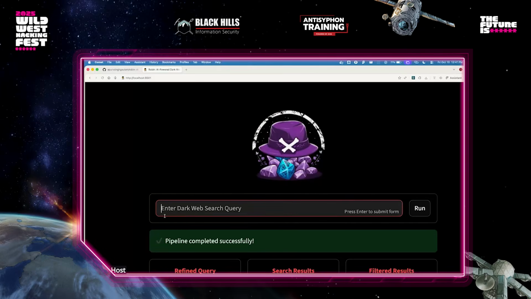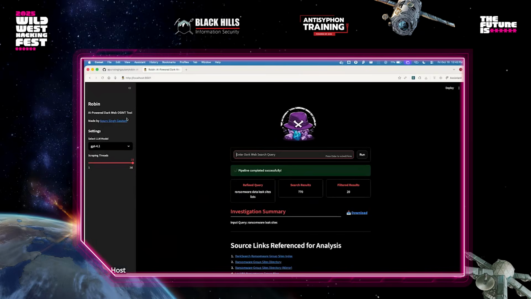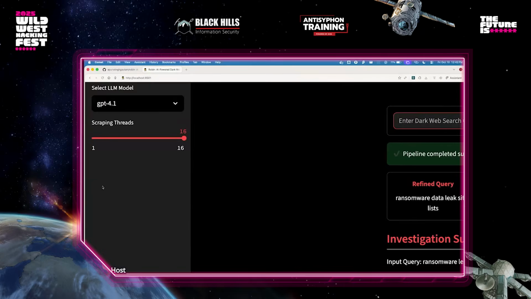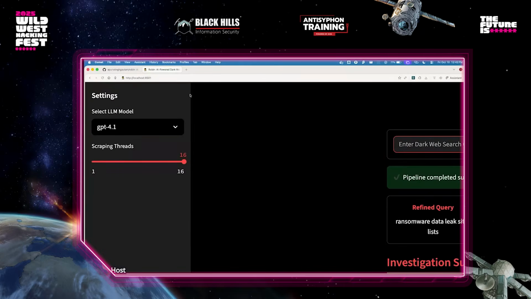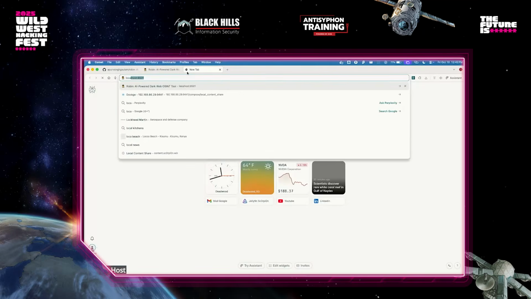In this case, my search was ransomware leak site, and I just pressed enter. There are a few other things on the left-hand side where you can select your model. This is a drop down, you can select. Let me open it in the next screen. Let's see. localhost.